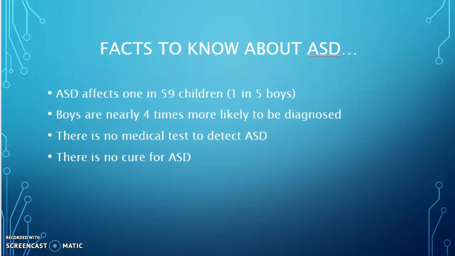However, there are different interventions that can be provided to children with ASD. These include therapy such as speech and language. They also include medications that are used to treat the symptoms of ASD and alternative treatments such as massage therapy.